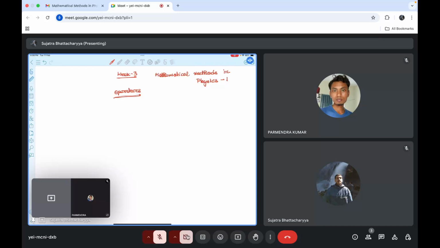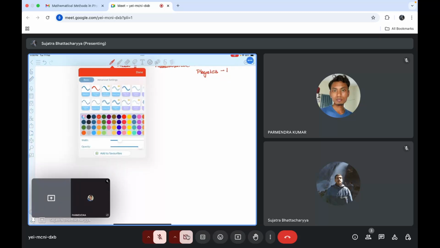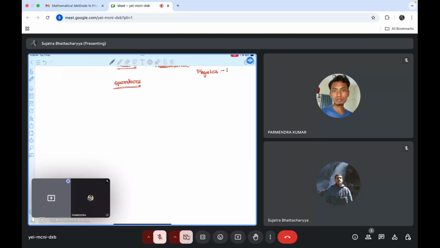Okay, so we'll start today with the projection operators. This is where the weekly content starts, so I am also starting from there. Before going to the projection operators, or before moving to any operators, remember that these operators are nothing but some kind of matrix. We use this term operators